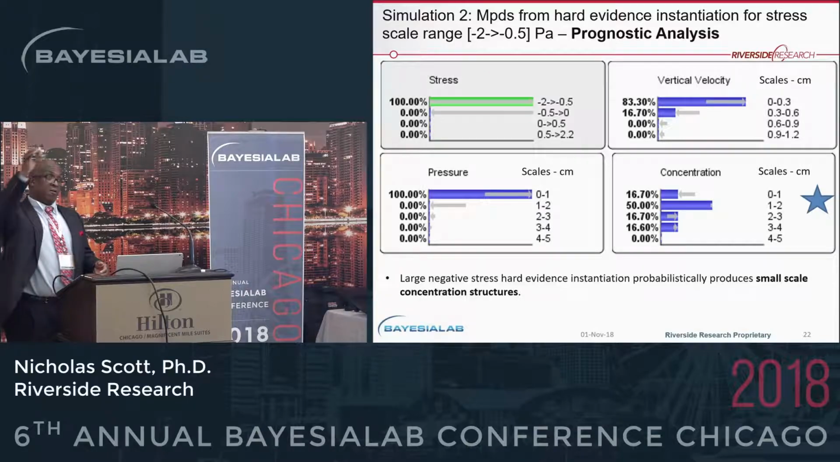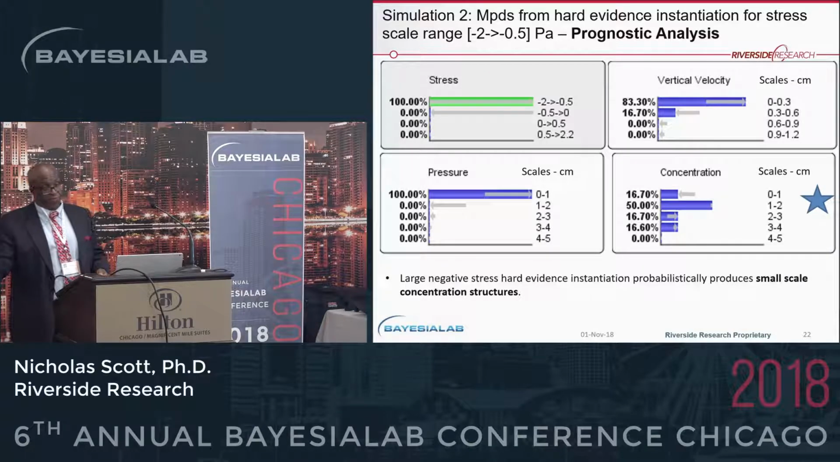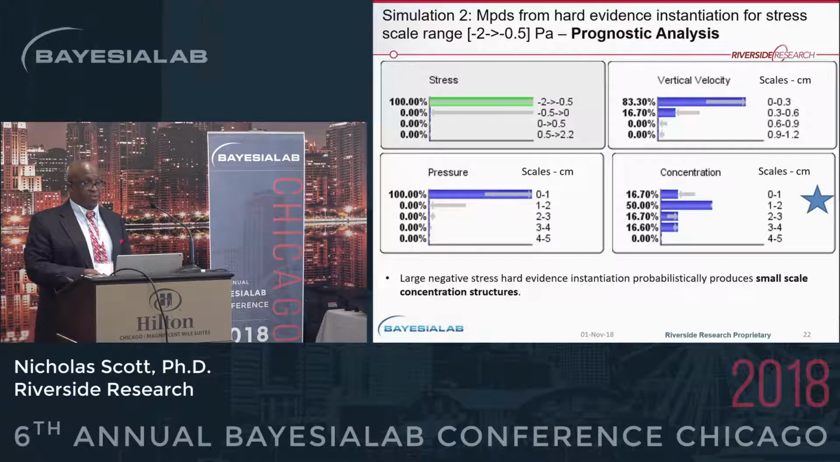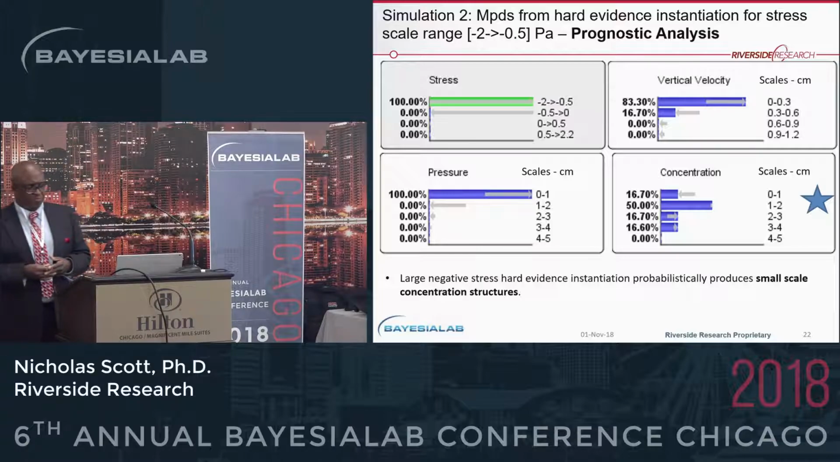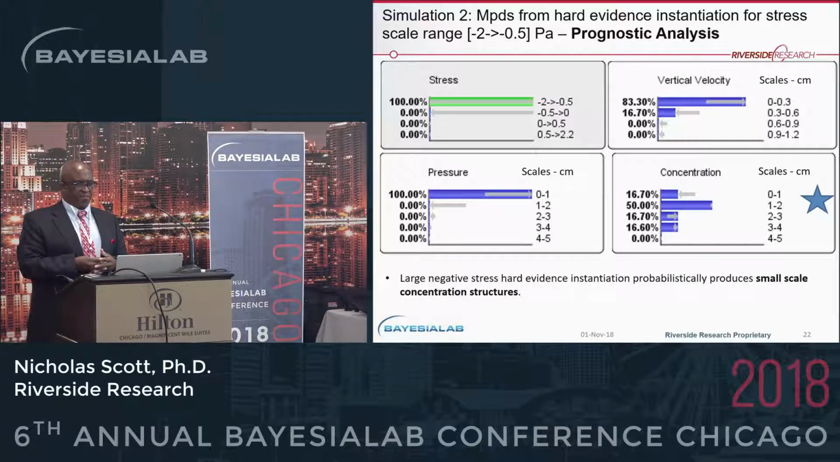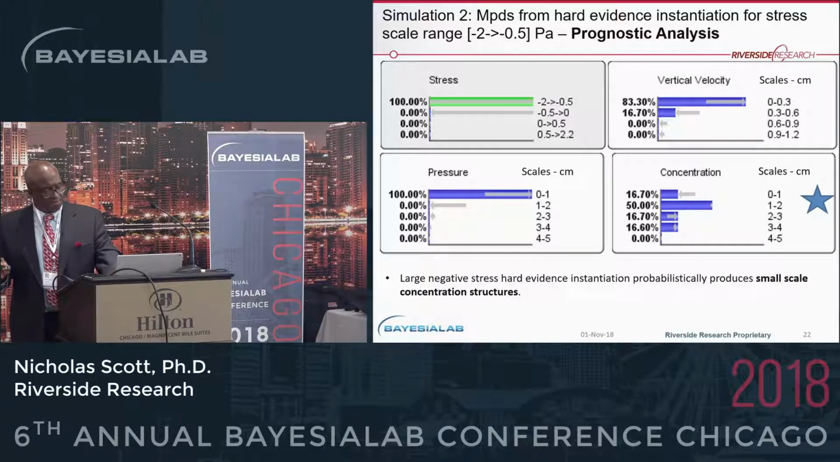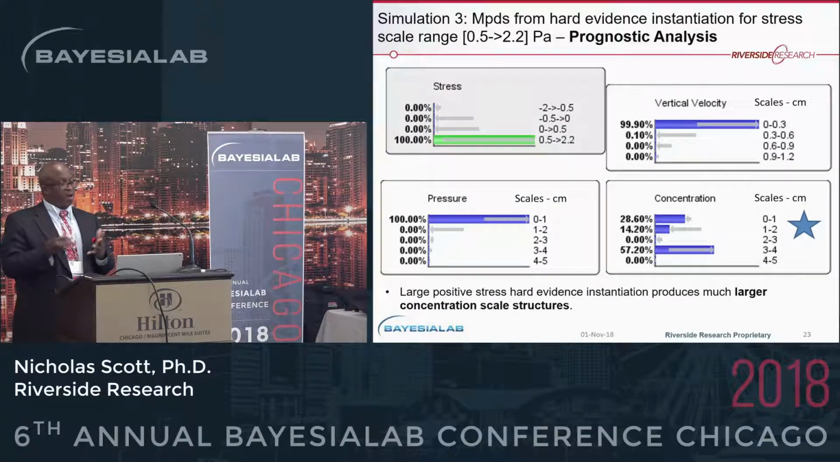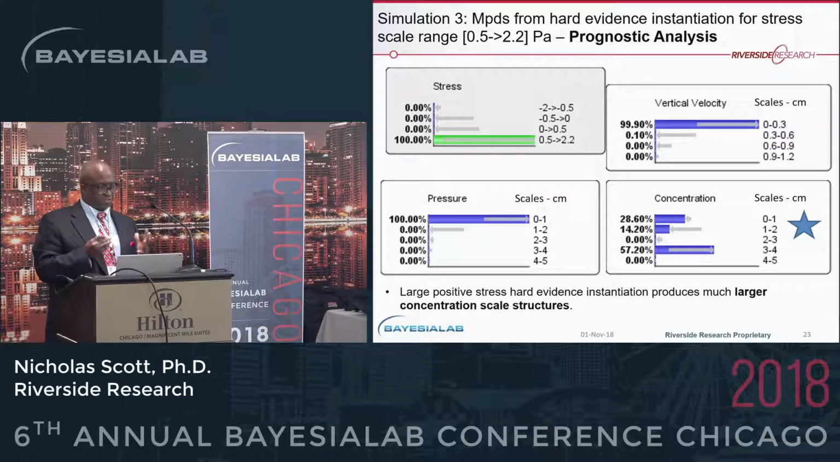Prognostic analysis, reasoning from cause to effect. We instantiate stress at -2 to 0.5 pascals, and then again watch how the Bayesian belief network behaves. For large negative instantiation, we get these very, very small scales, which is fine. But when we go to, again, prognostic analysis of 0.5 to 2.2 pascals, large positive stress instantiation produces much larger